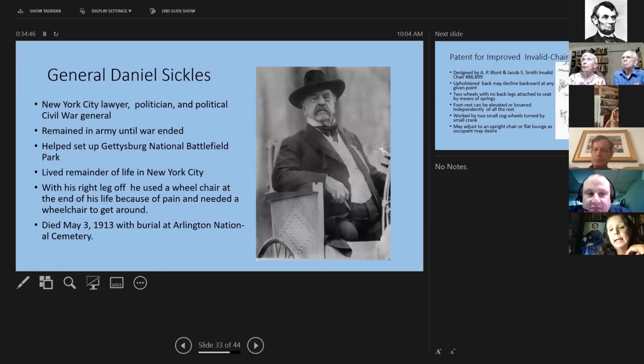And here is General Daniel Sickles. Everybody knows that he was a New York City lawyer, politician, and general in the Civil War. He remained in the Army until the war ended. And here he is sitting in his wheelchair, with his right leg off.